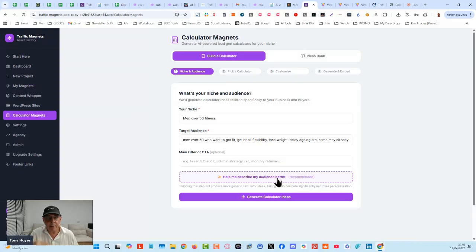The key with these next level up calculators that you're going to get access to as well is that it's going to be part of Traffic Magnets. It's part of the tool. You can see it's the same sidebar, just with an extra tab in here. This gives personalized responses. It makes people think, as they go through it, that the calculator or the messaging understands them. It builds such a good audience persona that is very close to their pain points and frustrations.